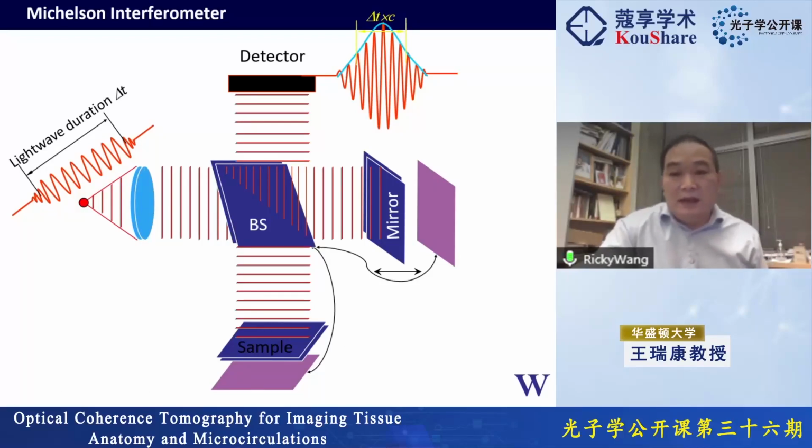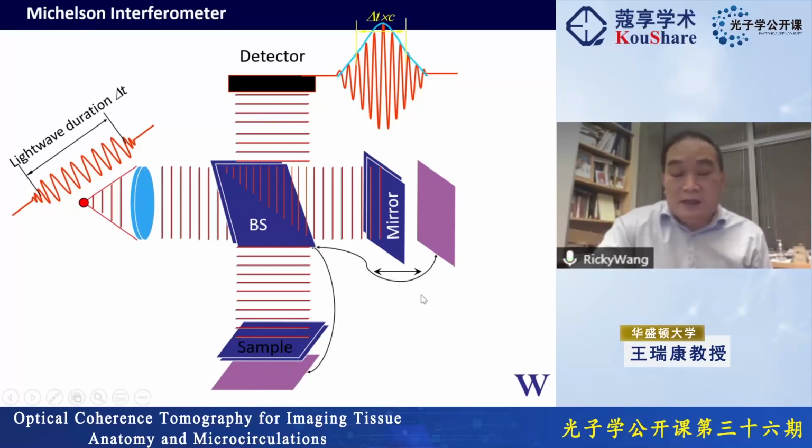And I think that's no problem, right? Because we have different echoes from different distances. If you change the position of the mirror, you will have efficient mixing at different depths in the sample,